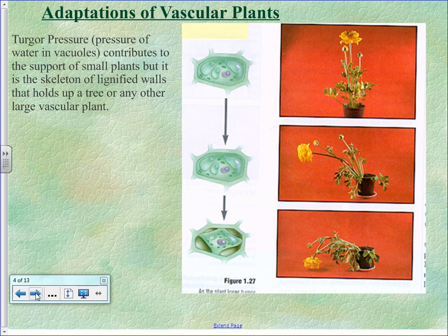We talked about this the other day, and obviously I forgot to not water my plants, so none of them were wilty. So I had to get a picture of some wilty plants for you. When a plant's water vacuoles are full, and most plants do have more than one water vacuole, we just typically label only one,